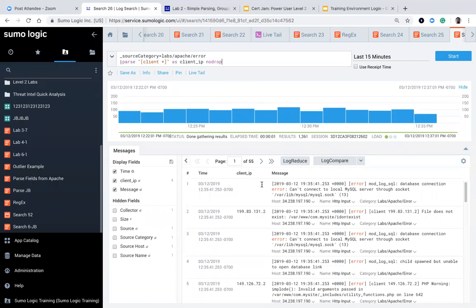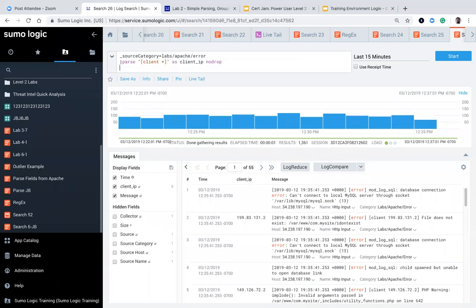If you are dropping that and you're realizing, hey, I do need this log message, then you may need to restructure your query in a way that includes that data. So no drop is primarily helpful for troubleshooting your queries, but there are some other spots that it can be helpful. Now I'm going to jump to Lab 3-6, and I just want to show the last line of it